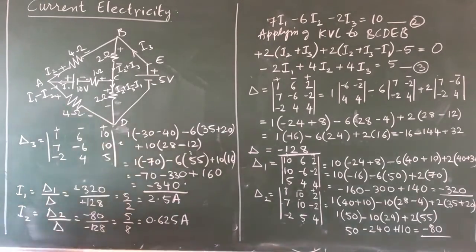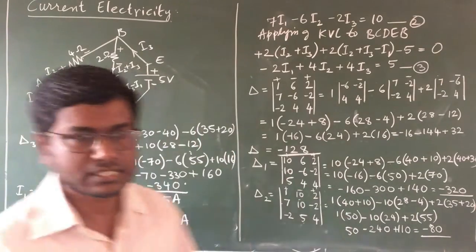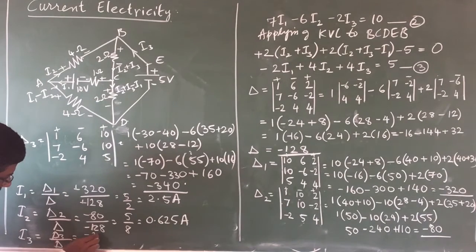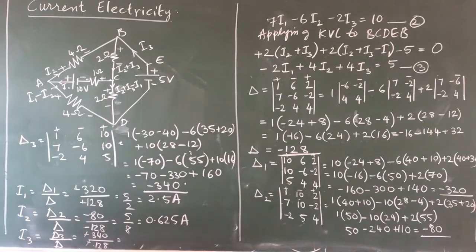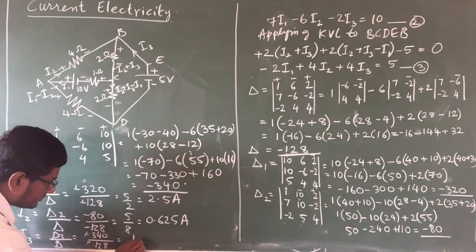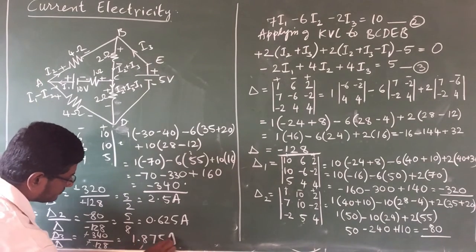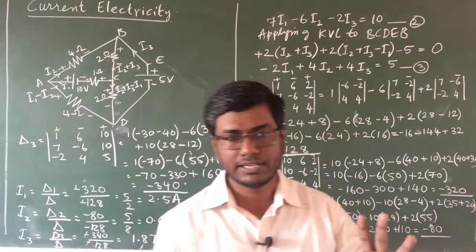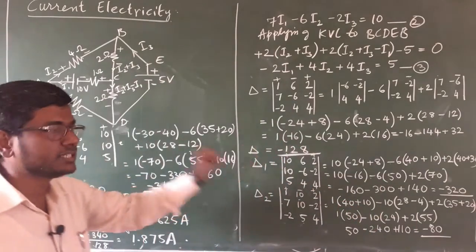I think it is visible or not. If it is okay, this is I3, it will be delta 3 divided by delta. So delta 3 is minus 340 divided by delta, which is minus 128. The minus sign goes out, and the value in the fraction part is going to become 1.875 ampere. So we got the values of I1, I2 and I3 with the help of determinants,